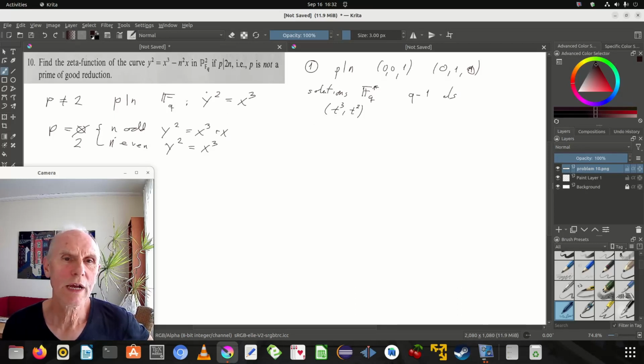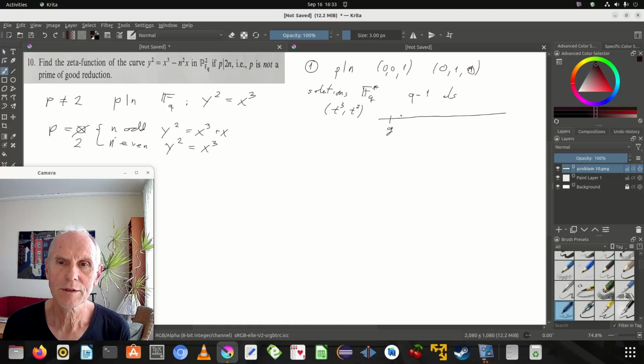If y squared is a cube, so we have a generator here,